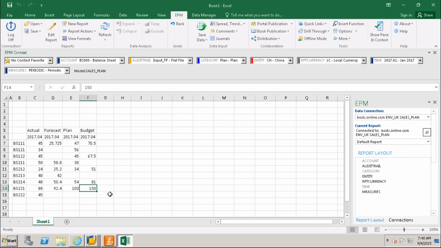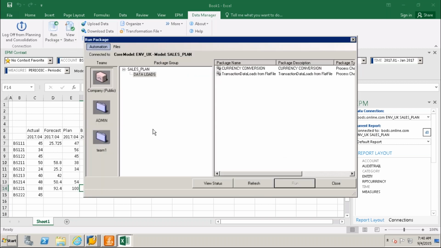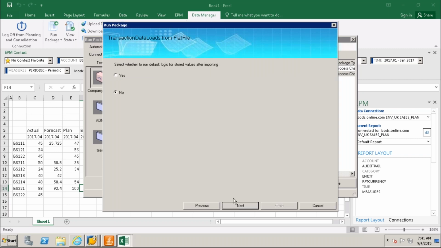But in the data manager package, I'll show you that also. One thing I will run and show you. For example, here, run package, transactional data load from flat file. This is the import file I have taken, just an example here. This is the transformation file I have taken. Select whether to run default logic for stored values after inputting.